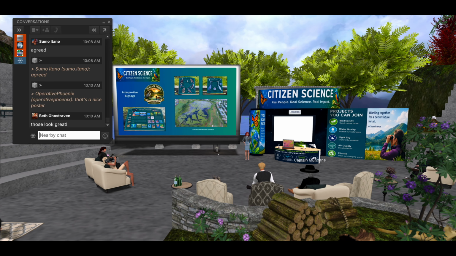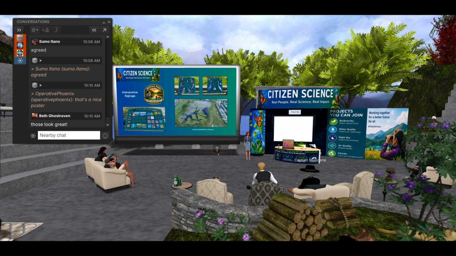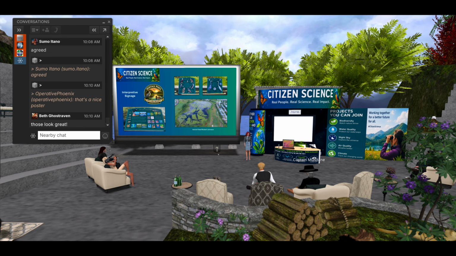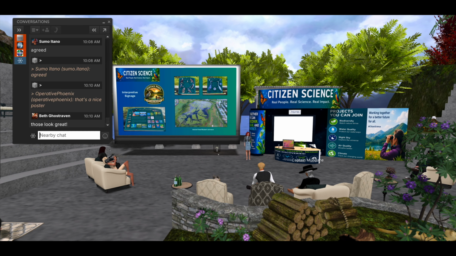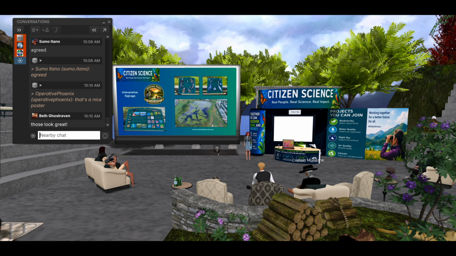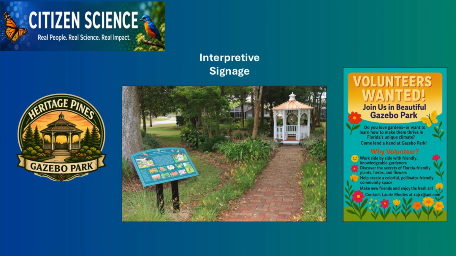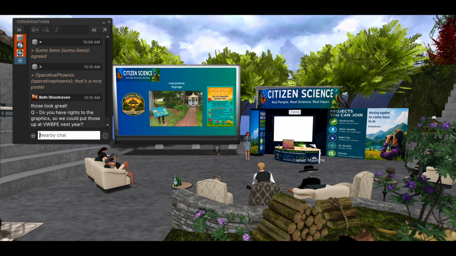The big one on the lower left is all about the wetland ecosystem. Then we've got birds of prey and herons and egrets. We also have another one that discusses the Florida bluebirds and the bluebird trail. My latest sign is in our little park called Gazebo Park, and it gives the history of the park and all the plants that are there. This is a little teaching park where